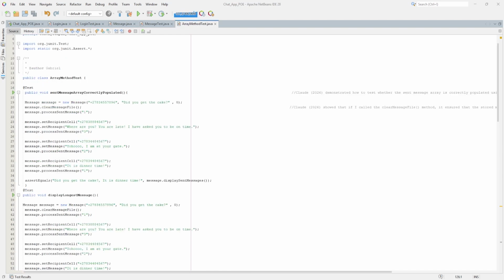We now move on to the first method of the JUnit test called sentMessageArray correctly populated. A message object is created and a recipient number, message, and number of messages is passed into the constructor. Hence the object's fields become equal to these values. The object calls the method clearMessageFile to ensure there is no stored data in the JSON file. The object calls the method processSentMessage and passes the value 1 into it, indicating the message is going to be